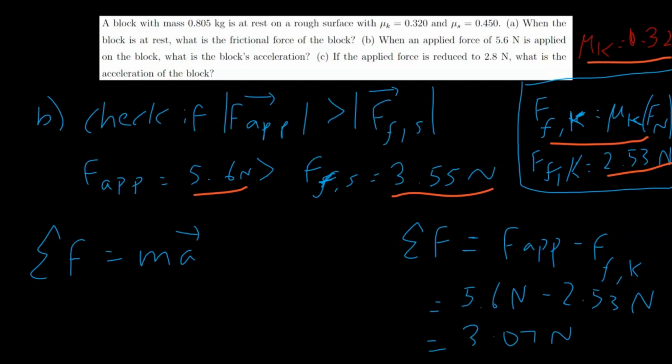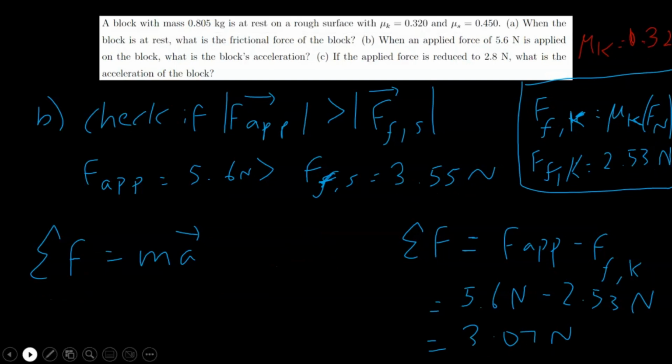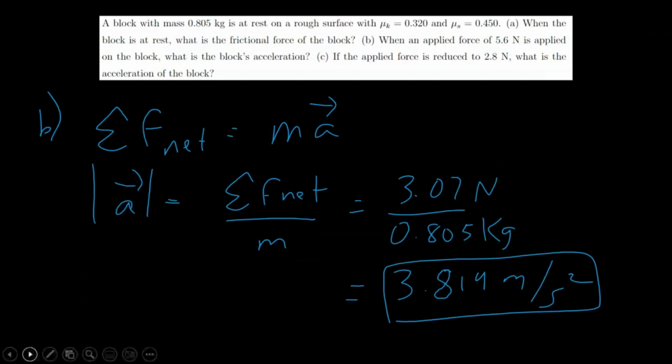And then we know that net force is mass times acceleration. So to find the net force of the object, we have to do force applied minus force of kinetic friction, because the applied force is going this way and the force of kinetic friction is going this way. So subtracting both quantities, we end up that the net force is 3.07 newtons,